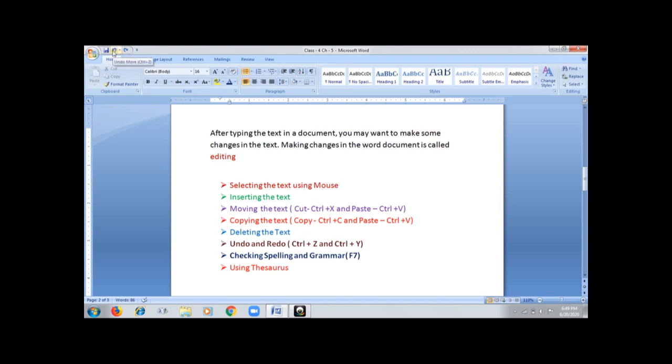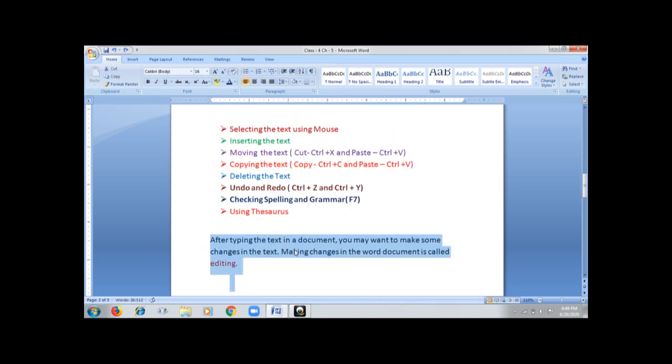So I'm pressing the undo button from here. See what happened? I had selected the changes, so it's selecting it again. I can do the same with the shortcut key Control plus Z. Now see the shortcut key: I had deleted this paragraph earlier, so it has appeared. Now if after doing the undo you realize that by mistake you did the undo but you wanted to delete it, then after undo, the redo option works, that is Control plus Y or this arrow which is towards the right side.